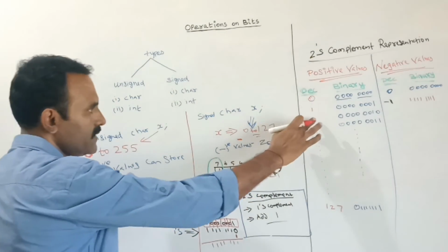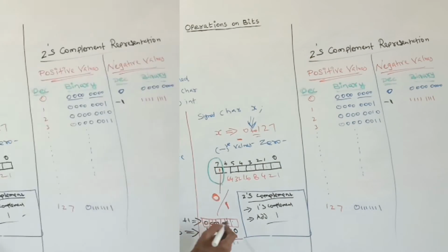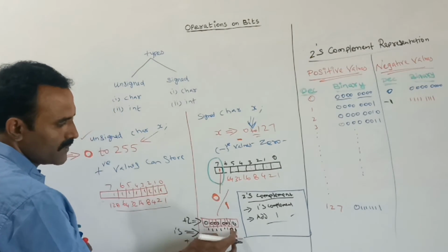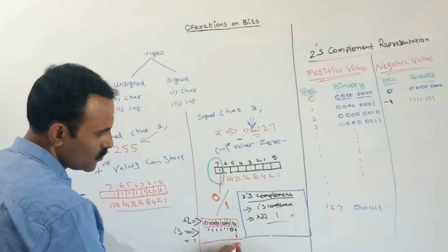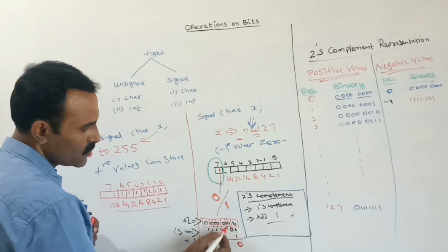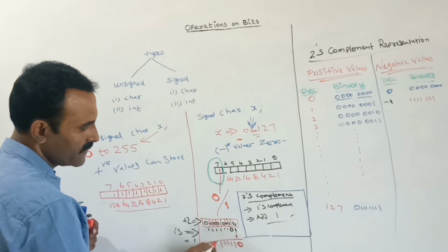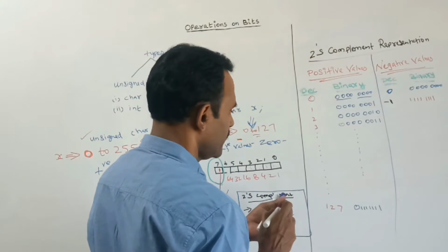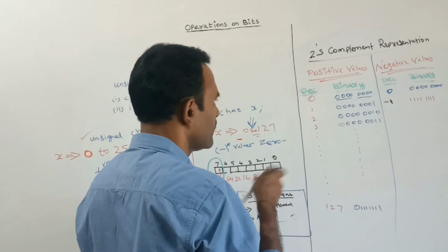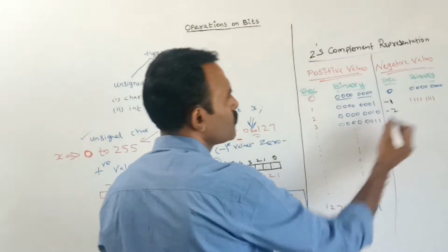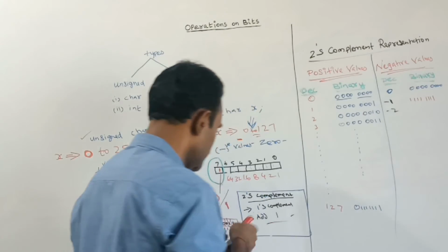See, in the same way, now let us take 2. So what is the result here? If you add here, 1 plus 1 is 1 and 0. So 0, the carry value here 1. So 1 plus 0 is here 1. Next, remaining every bit value is 1. So this is the value for minus 2. If you take the 2's complement of this 2, then we get minus 2. So what is the binary value here?